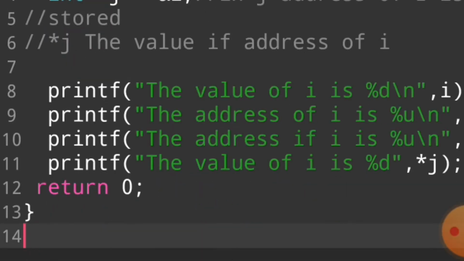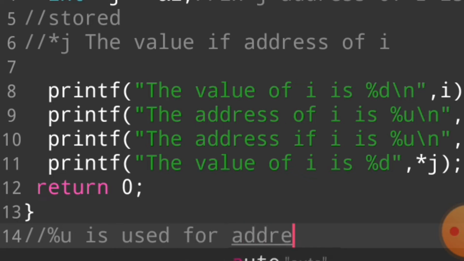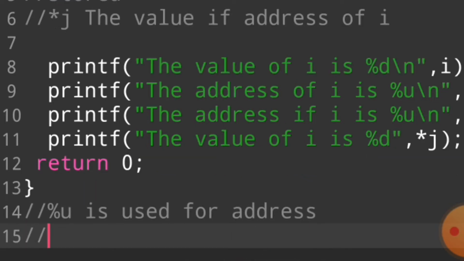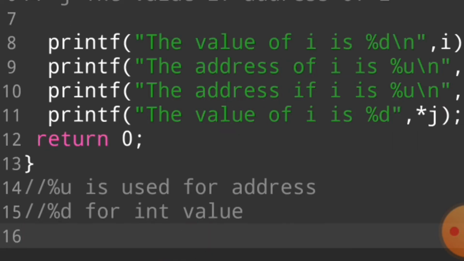First of all, understand that we use %d for integer values. We use %f for float values, floating point data.